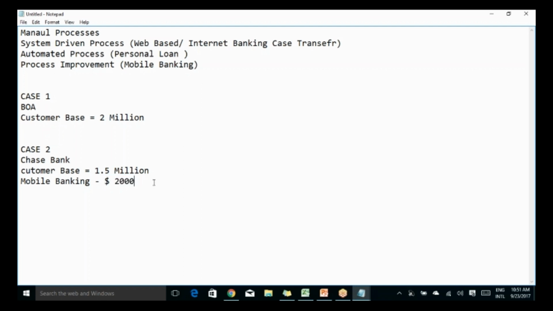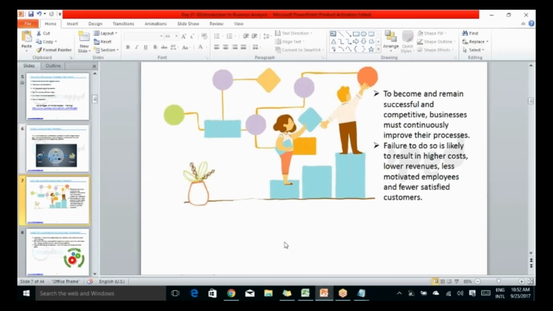So if we consider these aspects in doing any SWOT analysis or business analysis in any particular domain or area, we have to consider all these factors: the costing factor, the feasibility factor, the budgeting factor, and most importantly time to market. Who is coming first to market? Whoever comes first to market with a certain set of killer features would survive. Rest all would struggle and may lose customers. So that is what it talks about. Failure to do so is likely to result in higher cost. Any questions, anyone so far?